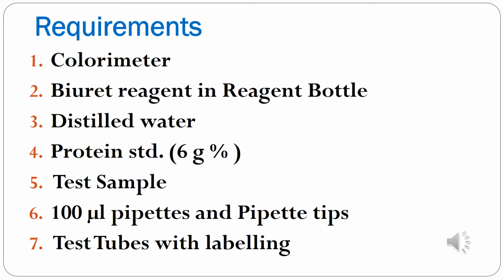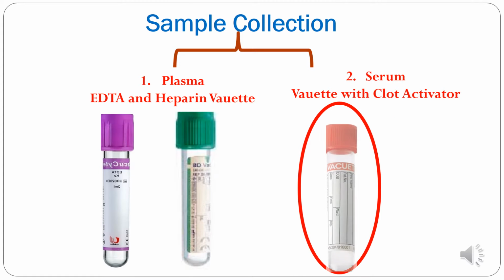So now we will see what is required for this practical. We need a colorimeter, Biuret's reagent, distilled water, a protein standard of known concentration, a test sample, a 100 microliter pipette, pipette tips, and labeled test tubes. After we have arranged all the requirements, now we have to